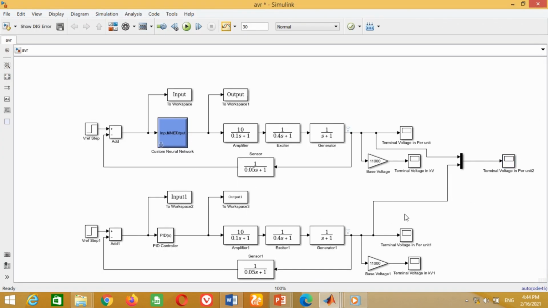the PID controller response. Friends, in this video I have discussed how to get the data for the ANN training from the Simulink model. After that, we performed the ANN training and again shifted the trained ANN model to the Simulink. In the end, we tested the performance of the ANN controller and compared its response with the PID controller. By repeating the same strategy, ANN can be implemented for any model related to any field in order to complete your master or PhD research.